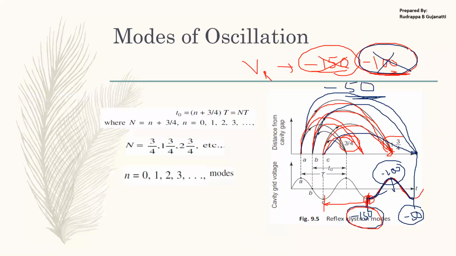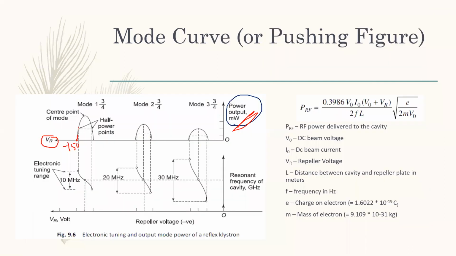So as the interaction keeps on moving around, that is, bunching happens at this point, this point, this point, this point, that is at these values of the field, the output power keeps on increasing. And when, for example, I had taken it as minus 100 volt, which is having the interaction with the highest positive peak, so here, say it is minus 100, at this point I'll be getting the maximum output.